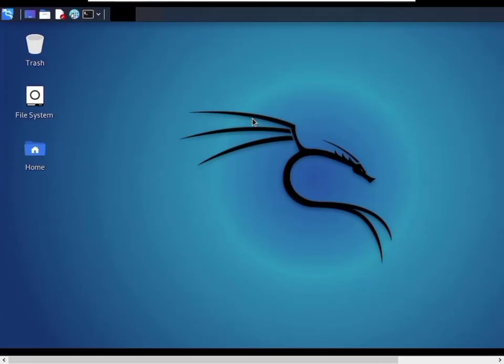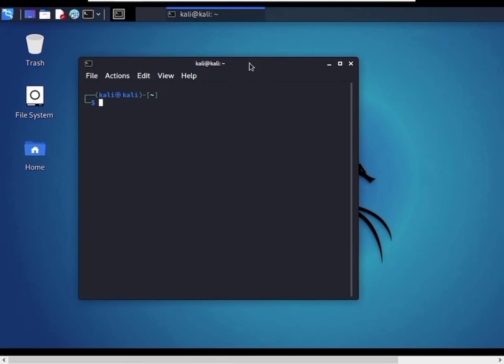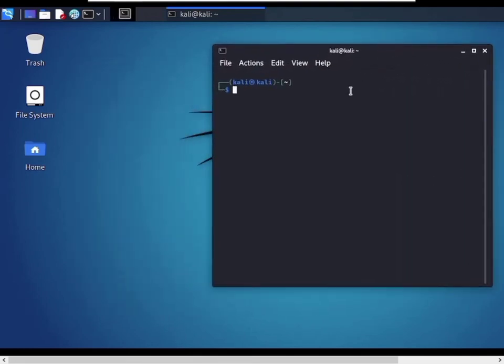This is my Kali Linux. Now open the terminal in Kali Linux. When you first open the terminal, you are in the home directory of your user.